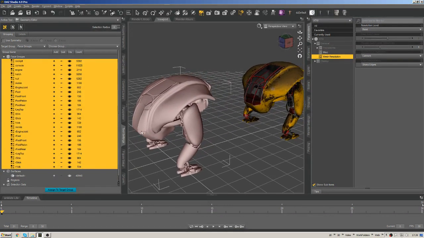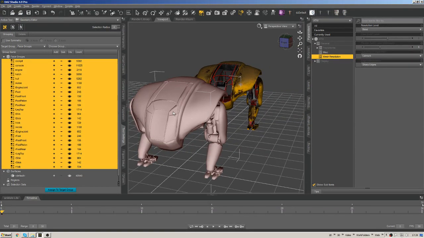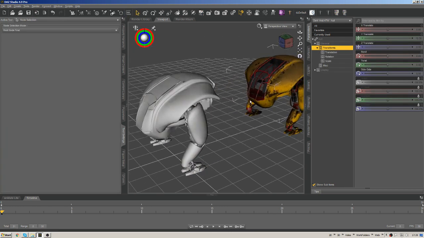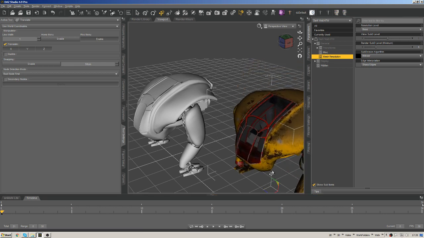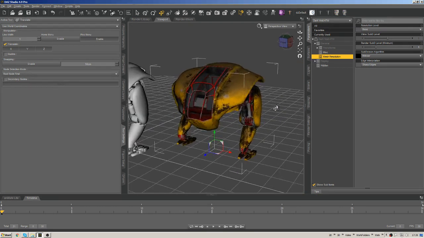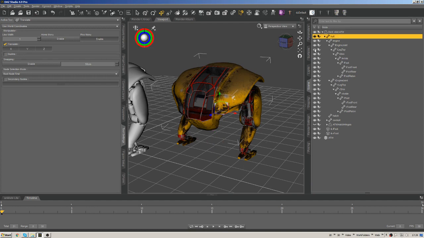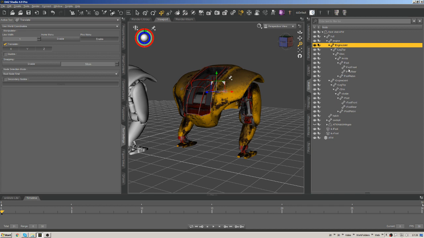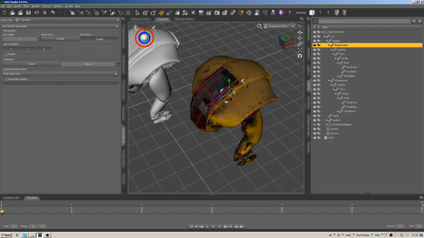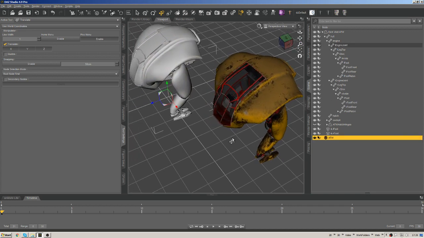Okay, so the next thing that we need to do now is convert this to a figure. Then we'll start adding joints. Okay, we'll start putting bones in. So here, let's look at my finished one, because that's a nice reference for where we're going to go with this. We have our root, our hull, engine. Here's what the hierarchy for that's going to look like. So let's select this ATW,